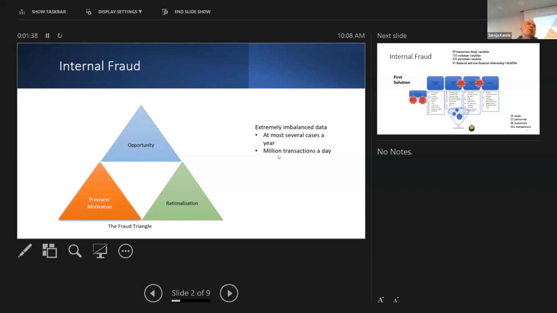They might think, I'm a very successful personnel with my performance, the bank makes this much profit, that much profit, so it would be okay if I steal some of it. They start thinking in that way. So this is what they call the fraud triangle, and once the triangle is completed,